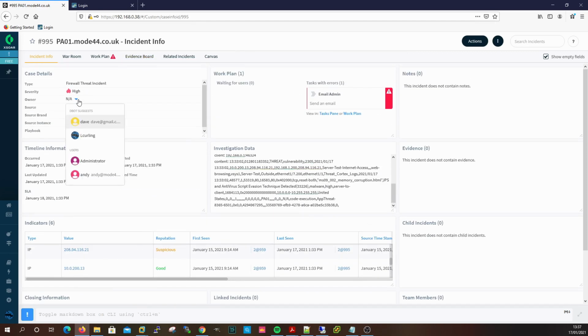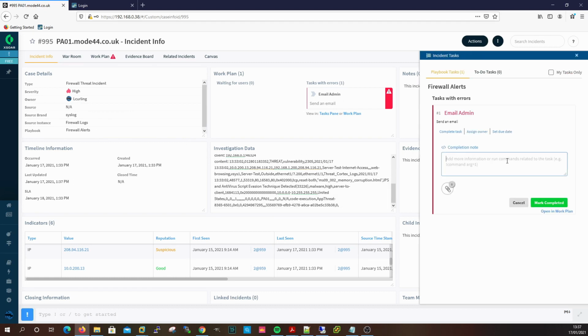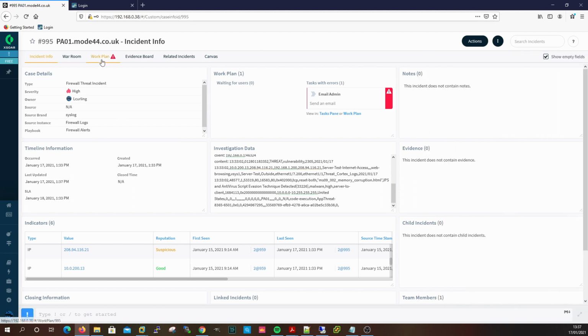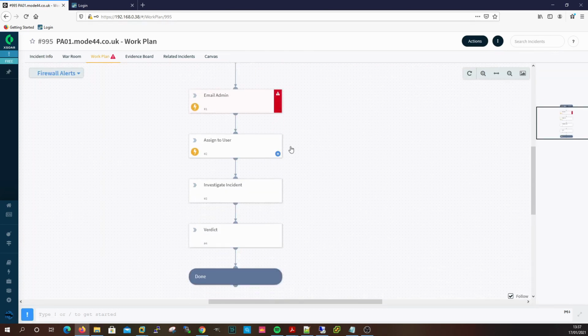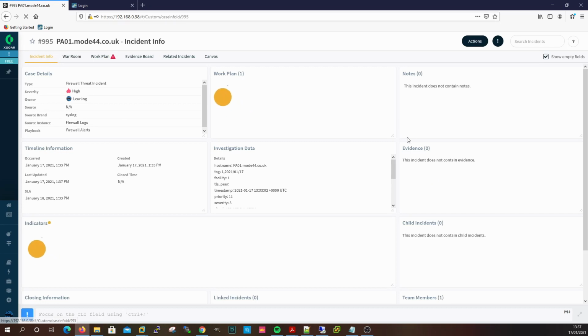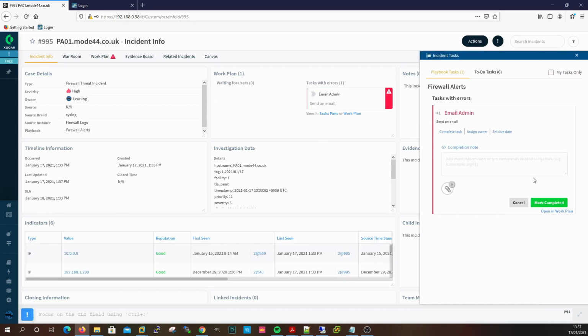The owner, we can change the owner to me. Yep. And the source, can't do anything with. And then that's telling me that there's an issue with the email, so if we go to here, just to show, you can see that the first one has errored out. Okay, so coming back here, if we click on that and say email provider issue and mark as completed,